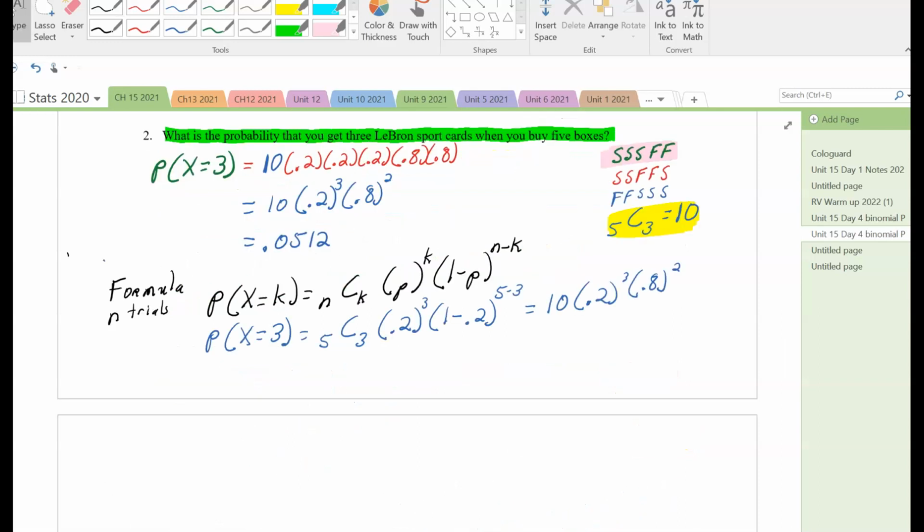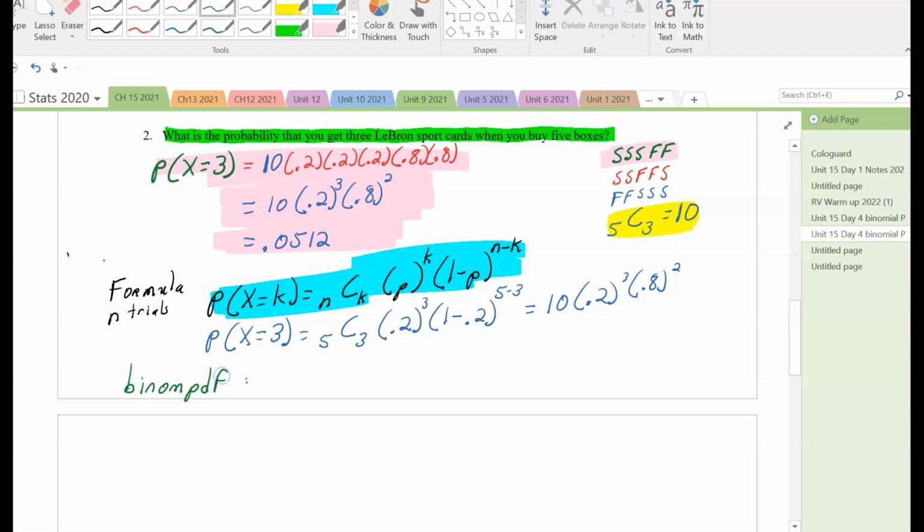Okay, so let's come back to number 2. In order to do this calculation, we could do it the first way that I'm highlighting in pink, but you have to figure out that there are 10 ways to rearrange the letters S, S, F, F. The second way is to use the mathematical formula here that I'm highlighting in blue and plug the values into that equation. And a more efficient way, or a calculator way, is to use what we call the Binomial